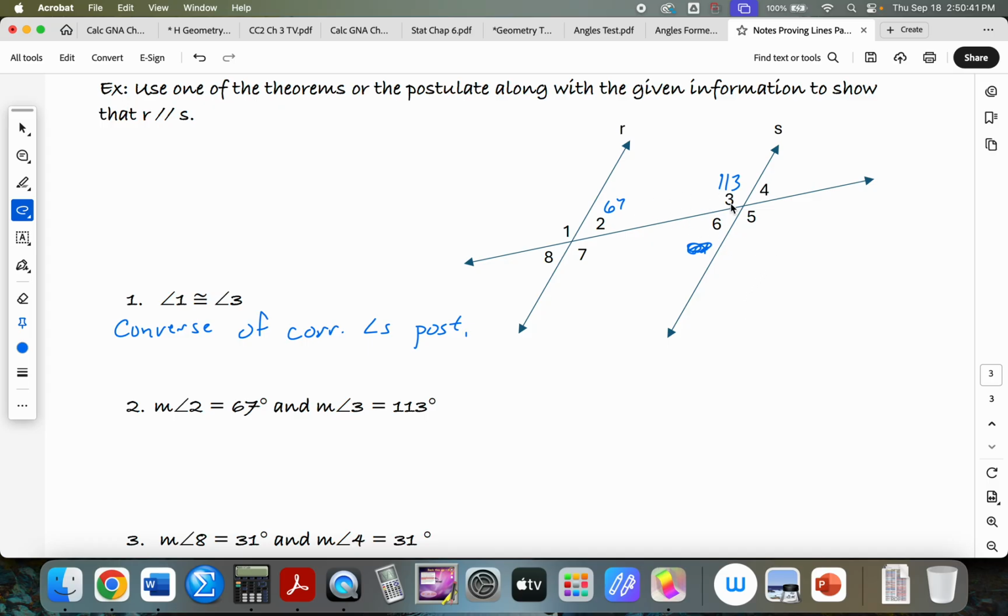Are those two congruent? No. What kind of angles are angle 2 and angle 3? Same side interior. And what's supposed to be the relationship? Supplementary. If I add those two, does that add up to 180? Yes. So this would be the converse